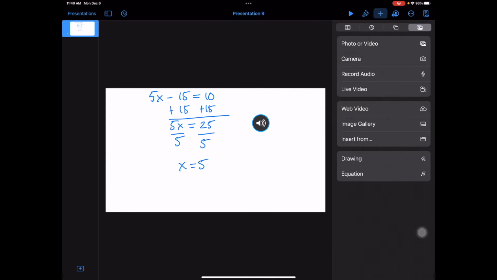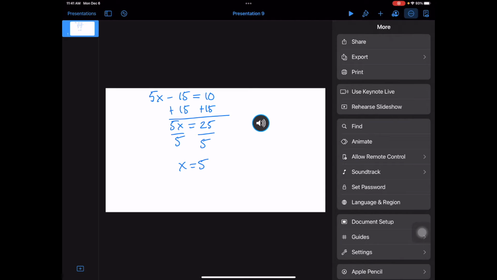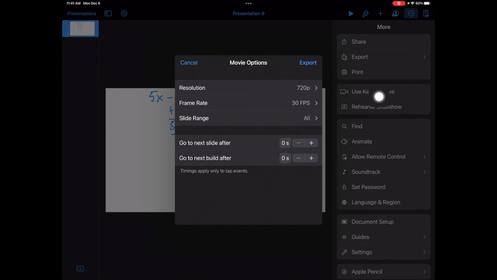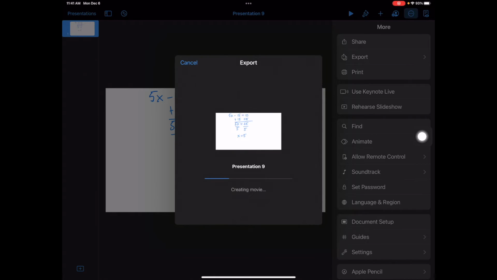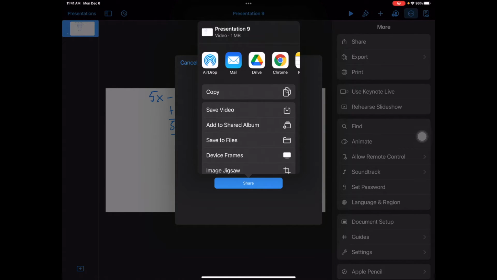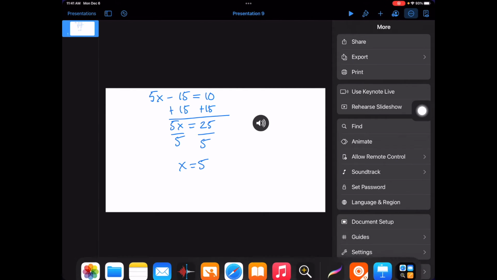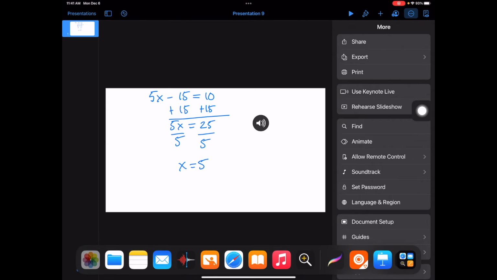Now we can do lots of things. The most simple thing we can do is export this by hitting the ellipsis in the upper right-hand side, and then exporting. And we can actually export this as a movie. And when we do that, we make sure these two are at 0 seconds, so there's no pause when the voice comes out. It creates the movie, click share, save video, and then that new movie goes right into your Photos app. So if I open up Photos,